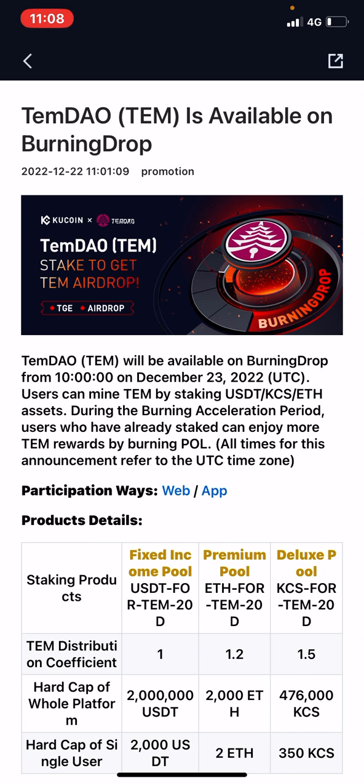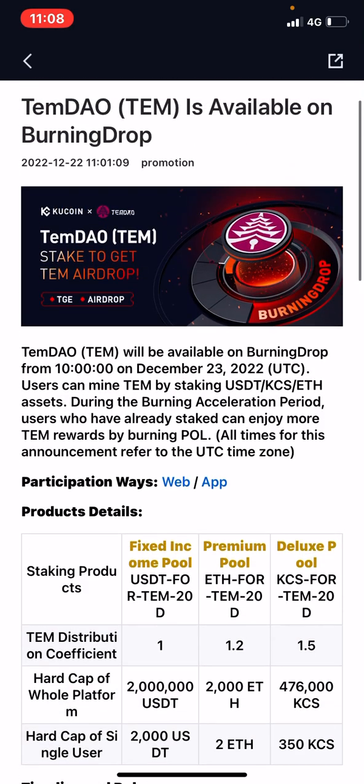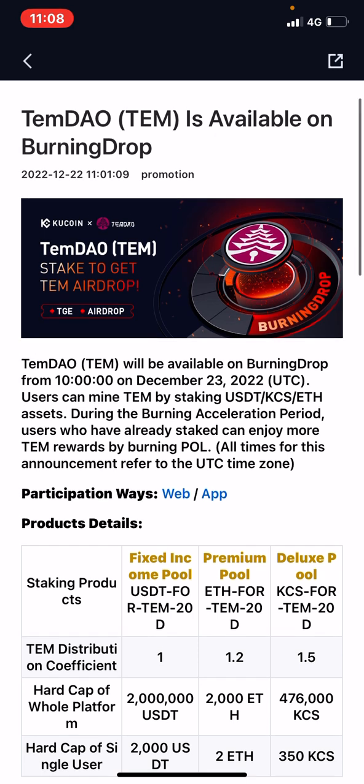And the tokens you'll be staking to get this airdrop are USDT, KCS, and Ethereum. Let me show you the value of this issue price. This one TEM token will be 1 cent, and you can stake these assets, USDT and Ethereum, to get this airdrop. I'm just going to go to this app,